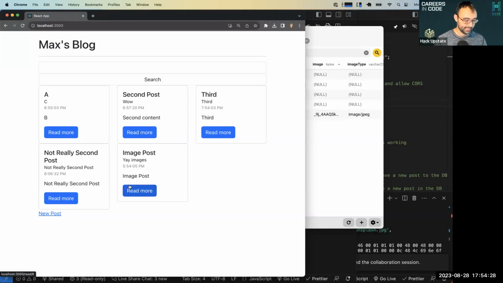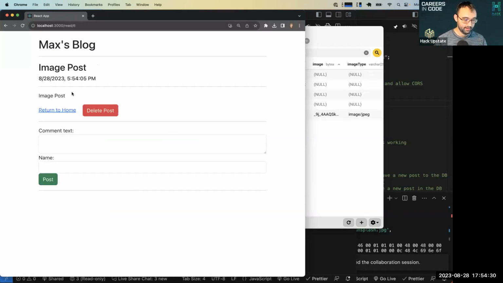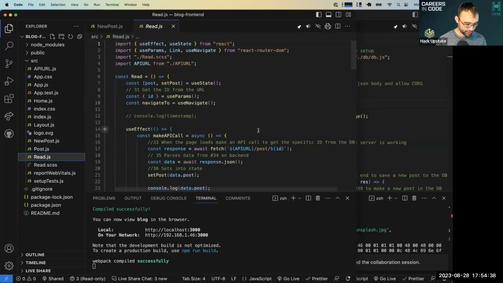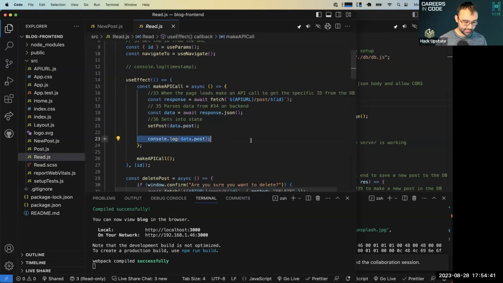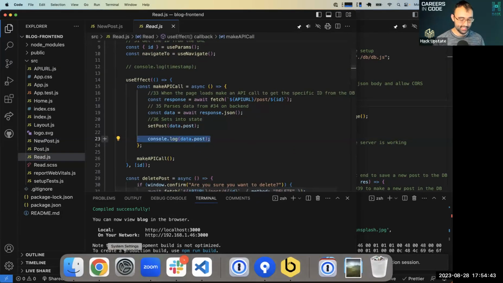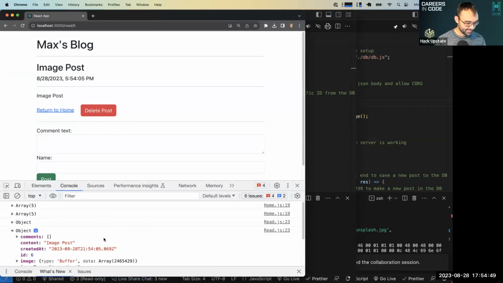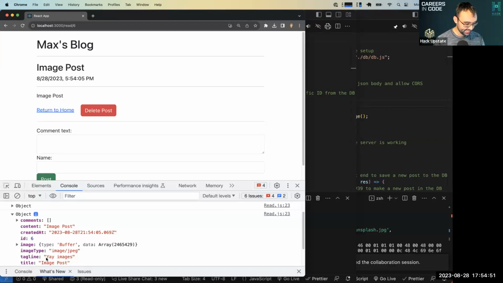Like, okay, that's cool. I hit read more, and here it is, but where's my image? Well, if I go to my read page, and I'm already console logging the data.post, so I want to see what's in there. So I come over here, I inspect, I go to my console, and I have this object. And I'm like, that's cool, my image post is here, and my image is here as a type buffer in all of this data. But now I want that data to show up. How do I actually get that image to show? Well, what I can do,